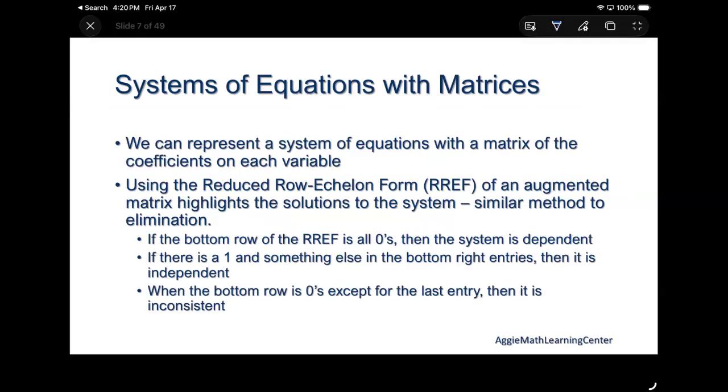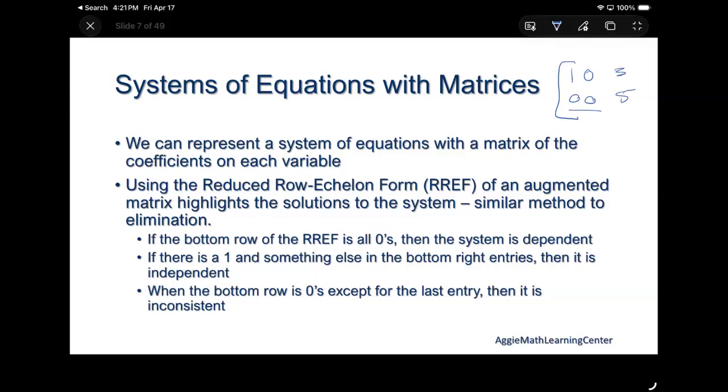Next, we're going to talk about systems of equations with matrices. Okay, so we can represent these equations with a matrix. Hopefully we're familiar with that. And then we can use reduced row echelon on a matrix to highlight solutions to the system. So we'll have a matrix C that looks like this, and then once we run reduced row, if it looks something like this, where the bottom row is all zeros,